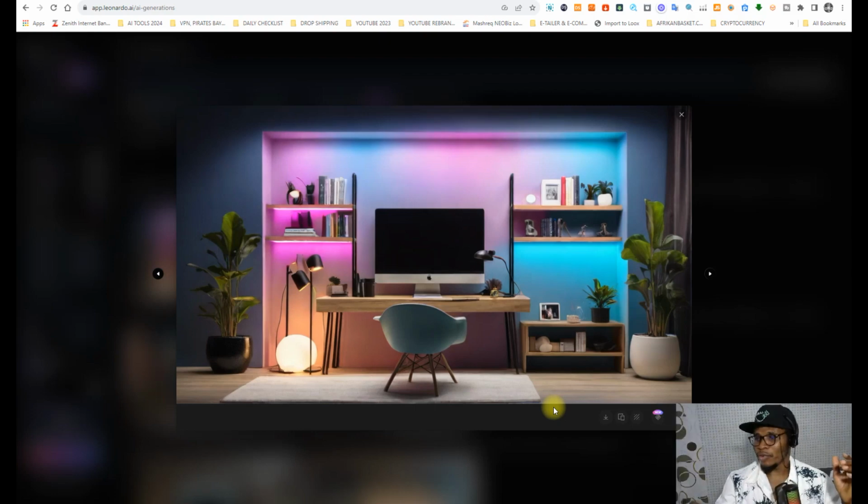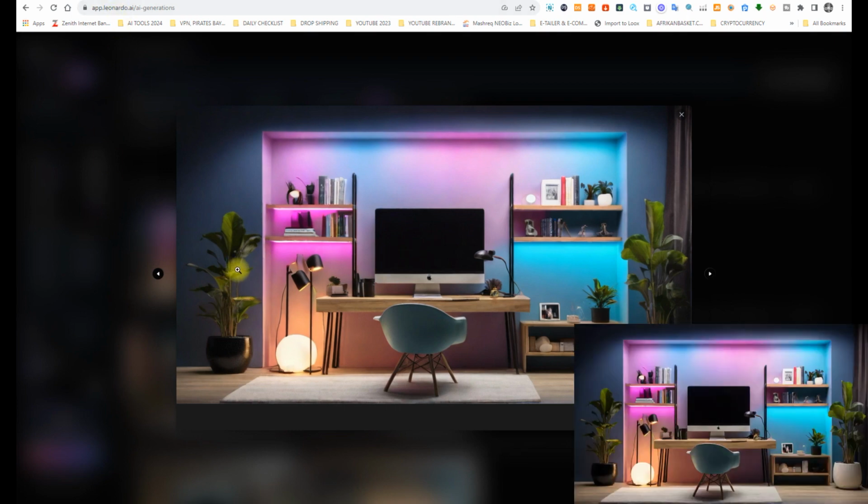All right, guys. So I believe you can see my background, right? So I'm going to change this background right now with what you can see on the screen. I'm going to show you how to change your video background with artificially generated images, right? So this is an artificially generated image created by Leonardo.ai, and I'm going to have this on this video